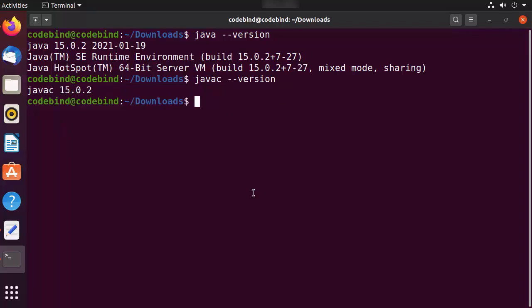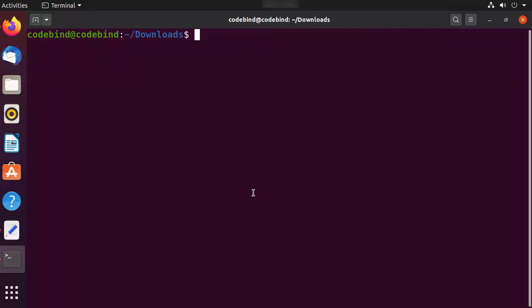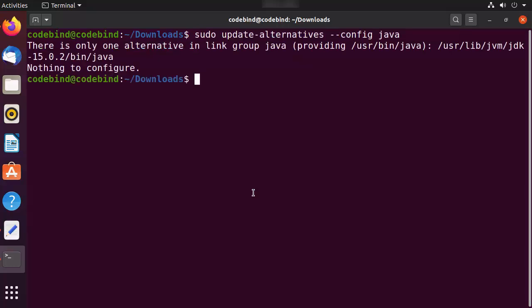Let's say you want to set the JAVA_HOME environment variable also for your Java installation. So for that, let me clear the terminal once again. And first of all, I recommend you to just use this command, which is sudo update-alternatives --config java.